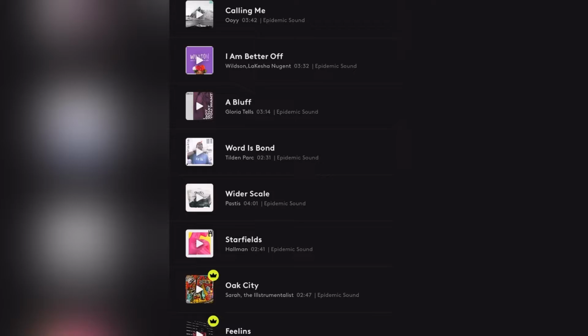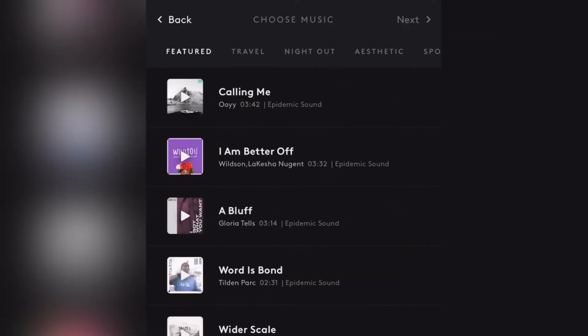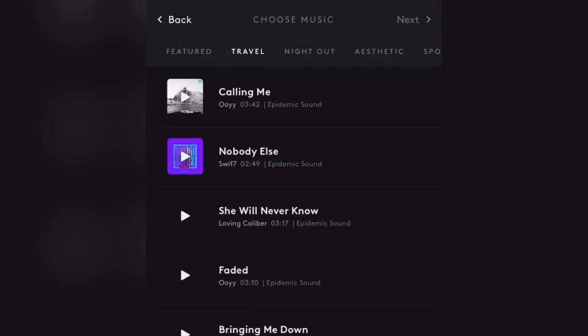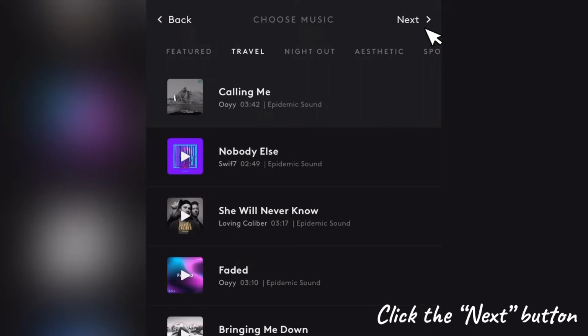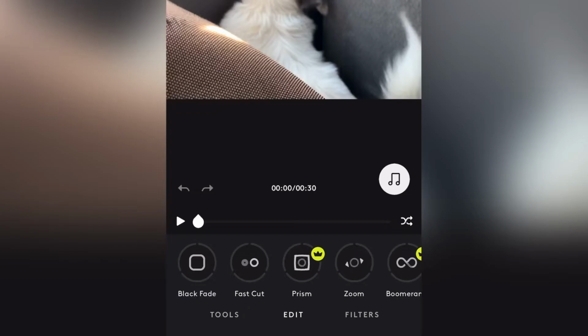So all you need to do is to select the videos you would want to merge into a short one, and then you select a soundtrack from either of these folders. So there are different types. We've got the travel, the night out, aesthetic, sports, urban, pink sunsets, memories, and so forth. So just pick a soundtrack and it automatically does the job for you. It sets the video according to the beat of that particular soundtrack you have chosen. So now we have the videos all imported and set according to the